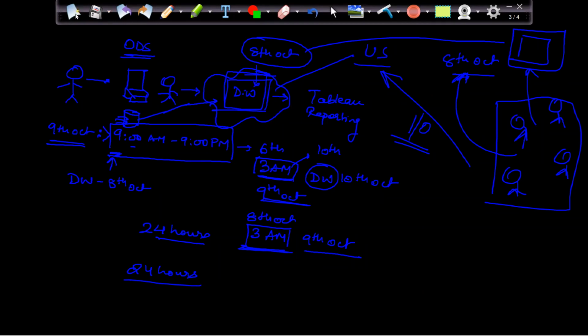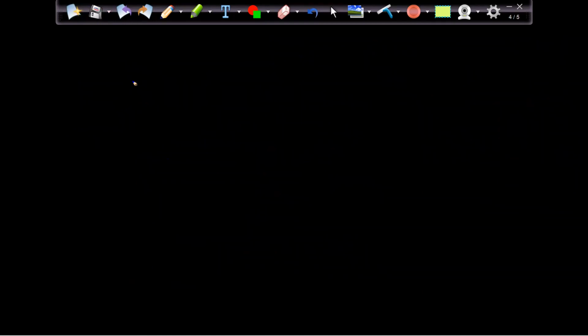So basically what I am trying to do here is that I have data in my data warehouse which is of 8th of October, and the new data will come after 24 hours. I have the management. I want to connect this to see the Tableau report.